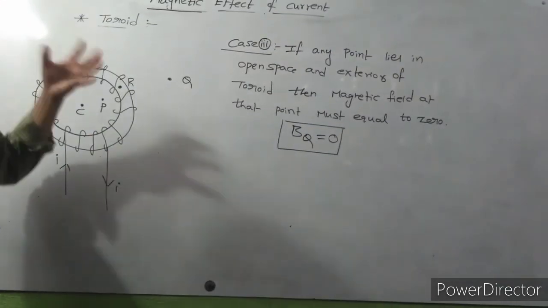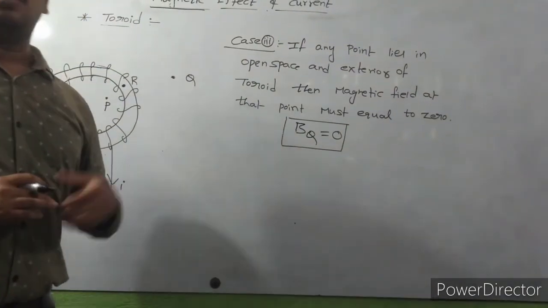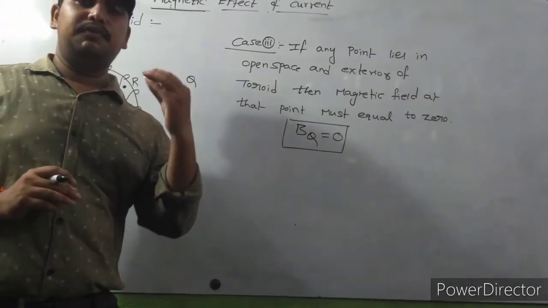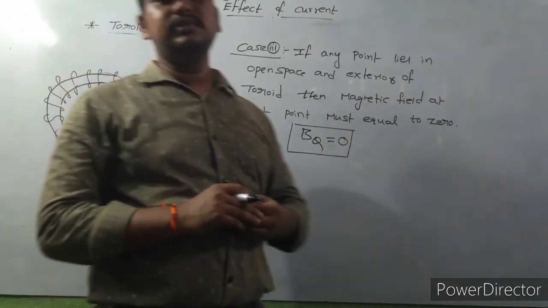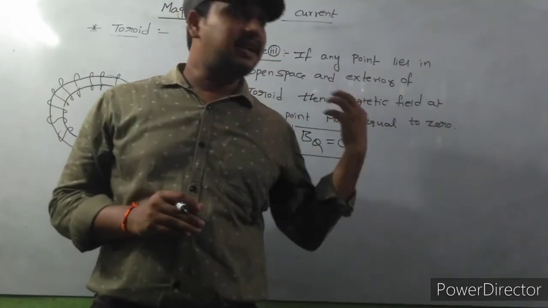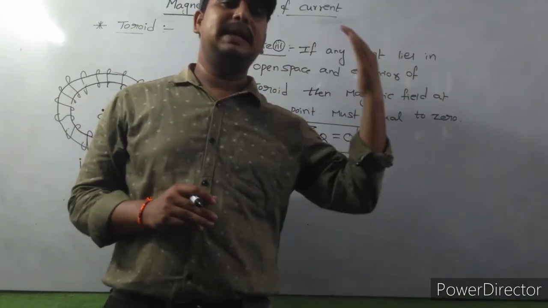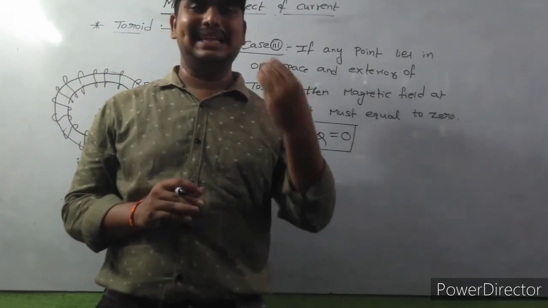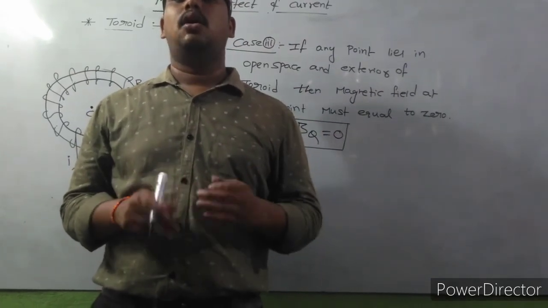Okay, so this is the overall concept about the toroid. I hope all of you understood this. If you get any doubt, feel free to mention it in the comment box. If you understood the solenoid concept very well, then this concept is very easy to understand. So please watch the previous lecture on solenoid, then you can understand this concept very easily. Okay, so please practice concepts regularly. All the very best.